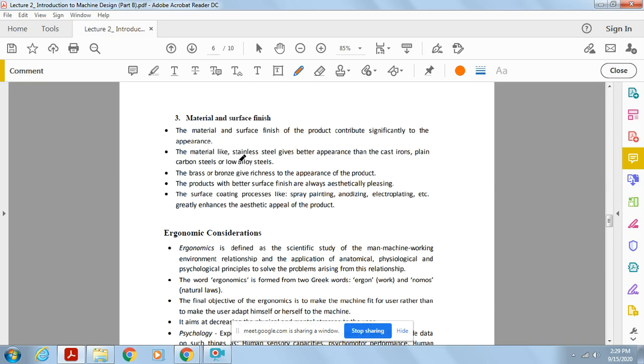Stainless steel also looks better compared to cast iron, plain carbon steel and low alloy steel. What is the good thing about stainless steel? As I have told, any quality product must satisfy aesthetic beauty and also be functionally superior. The same happens with stainless steel. If you make a product from stainless steel, it will look very beautiful and also become superior in terms of functional requirements